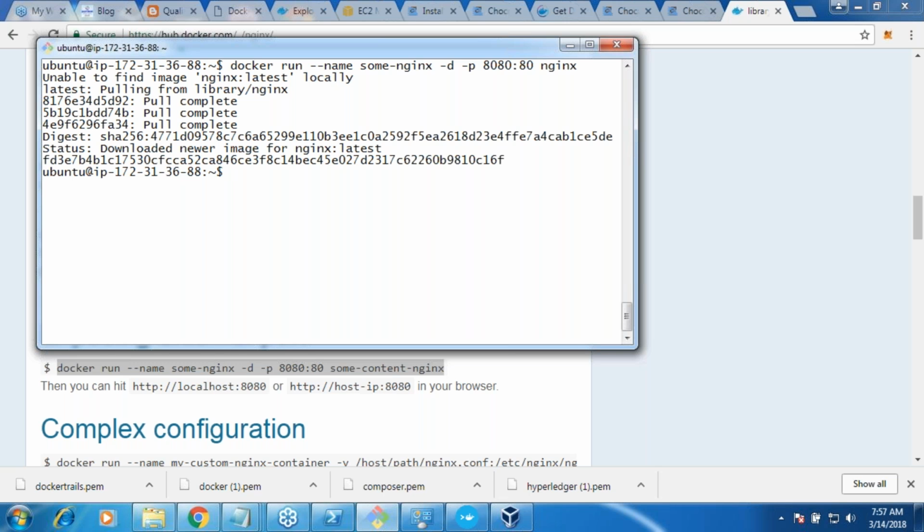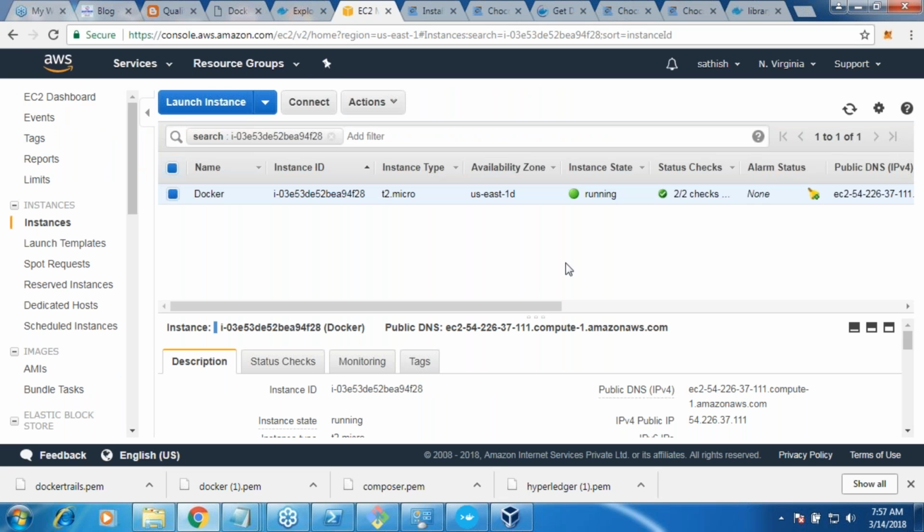Okay, so now I have done some job, right? So I say that there is something called 8080, and there is something called 80. Okay, and if you remember, while creating this EC2 machine, I have just opened one port, which was 22. So if I try to access this, it will not allow me anyway. So let me go to my machine and open all the ports. Since it is not a very secured way of doing it, but it's okay. For our machine, we don't need much of a security.